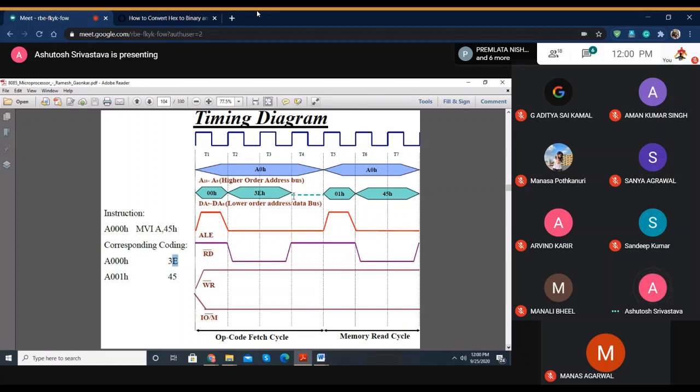And the overall opcode, which may require read and write as well as all types of input output, would be completed in